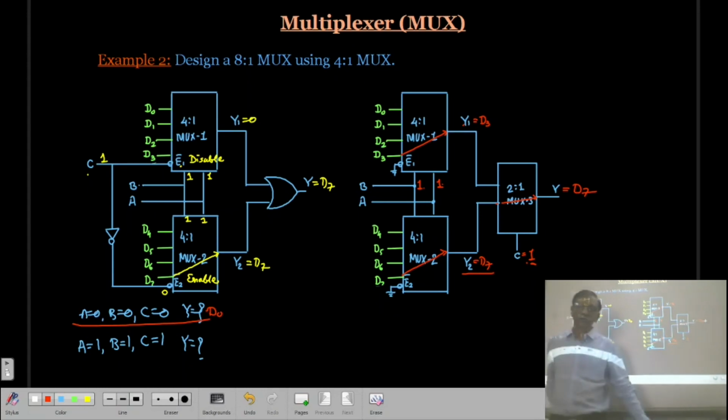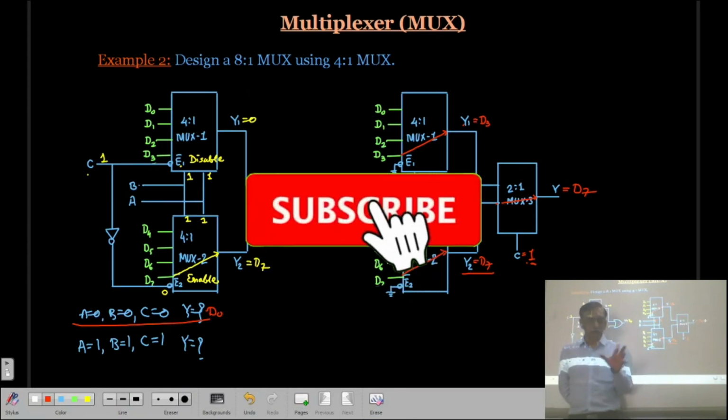So in this way, you can expand to an 8-to-1 multiplexer using a 4-to-1 multiplexer. Now the homework for you: design a 32-to-1 multiplexer using 8-to-1 multiplexers. In the same manner, remember, same manner you have to do it.